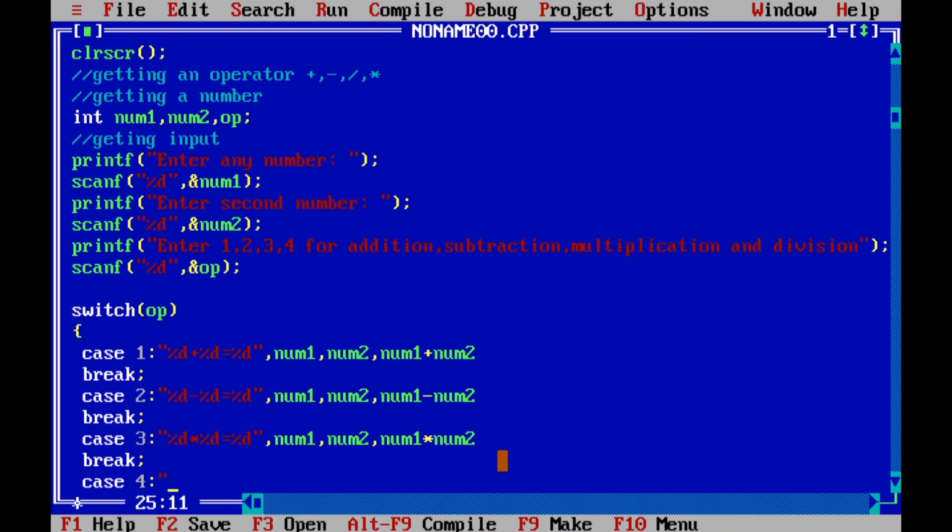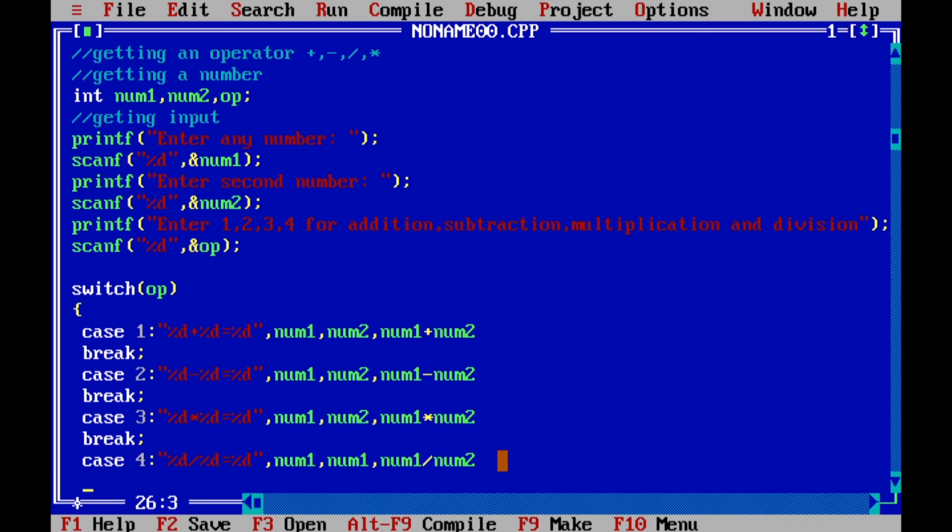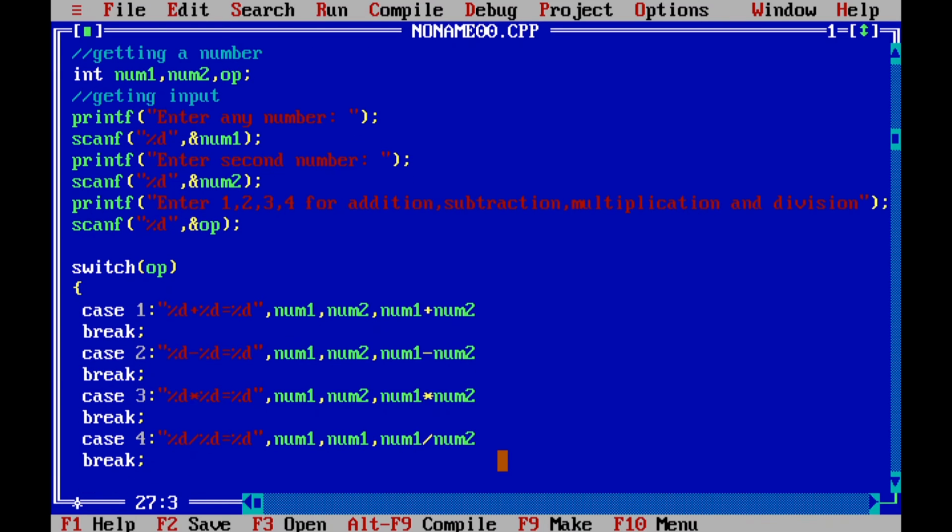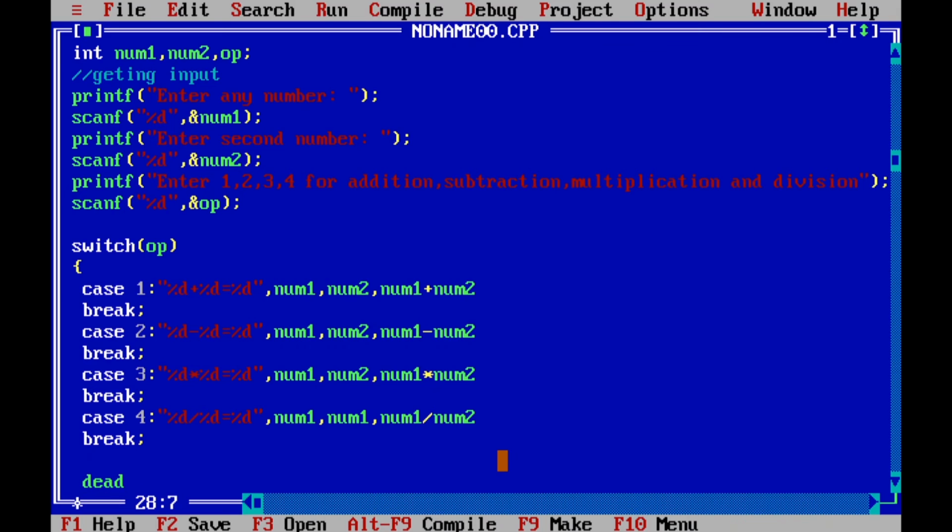Nothing but it's division, right? So %d slash %d is equal to %d. You do this num1, comma num2, comma num1 slash num2, and then you break it off. So these are the basic operators which we have assigned, and we're going to add some default